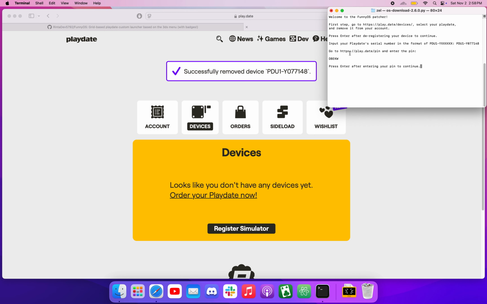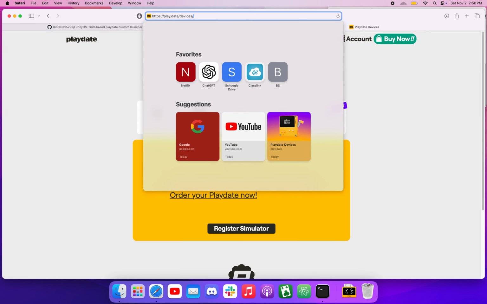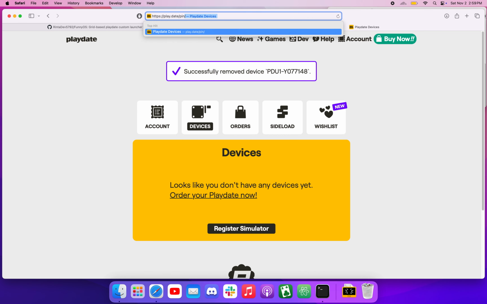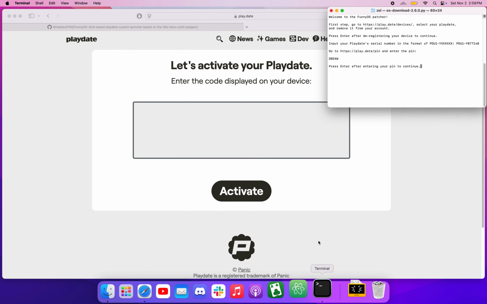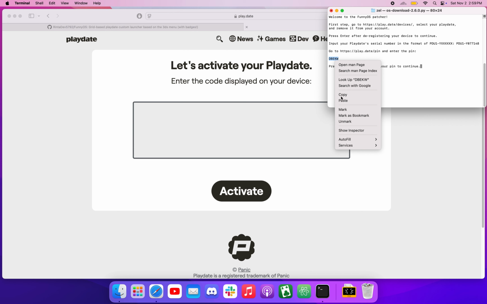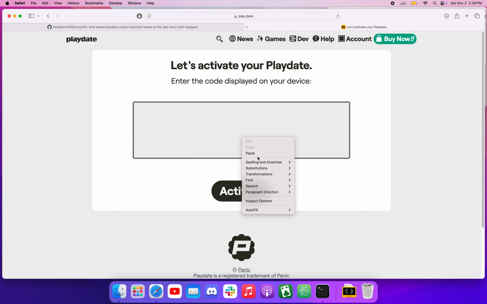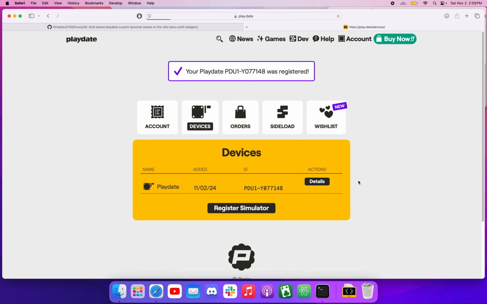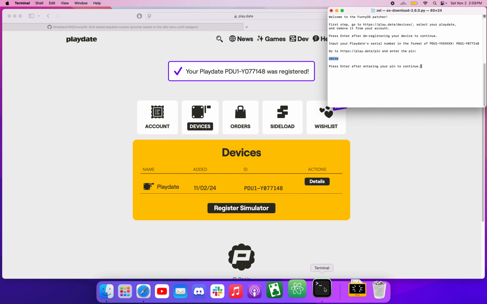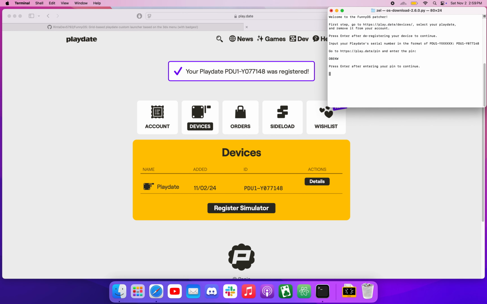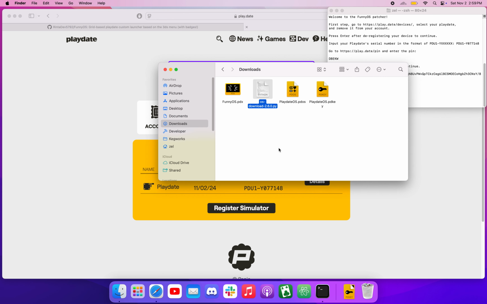And then we go to play.date/pin. And we got to put in this pin, which I will just copy and paste. And you click activate there, or you can just click enter. And then press enter after entering your pin. It'll spit out this, ignore that. I forgot to remove that print command. And then you'll get